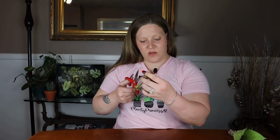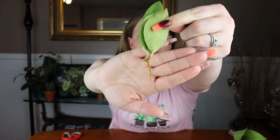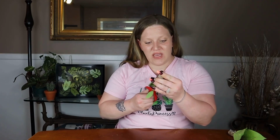Got the roots on the Erythrostemma, Shocking Pink. Let's check this out. So now, this is one that I would definitely put back in sphagnum because there's absolutely no roots on there. It is a healthy cutting, so that's good. Maybe they just propagated it and started the rooting process, who knows. But it's healthy, so I'll definitely be putting that right into some wet sphagnum to keep it healthy, to get